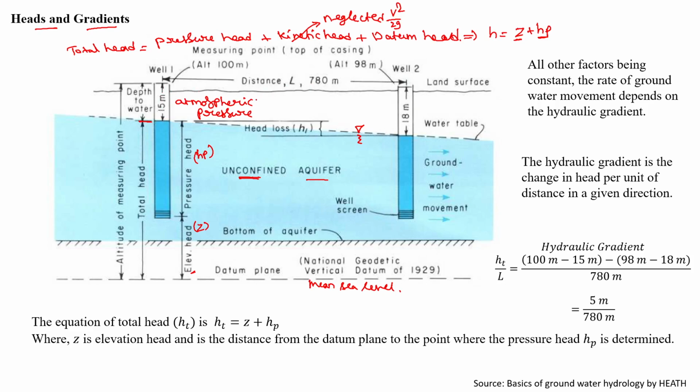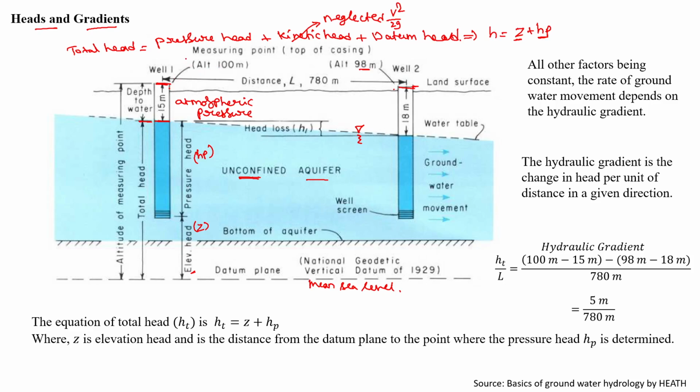So well one is here and well two is here. These two wells are located 780 meters apart, and it is observed that from the top of the well, the water is situated at a depth of 15 meters, but in well 2, the water is situated at 18 meters. The top of well 1 is at 98 meter altitude. This 98-meter altitude is with respect to the mean sea level. And similarly, the top of well 2 is at an altitude of 100 meters with respect to